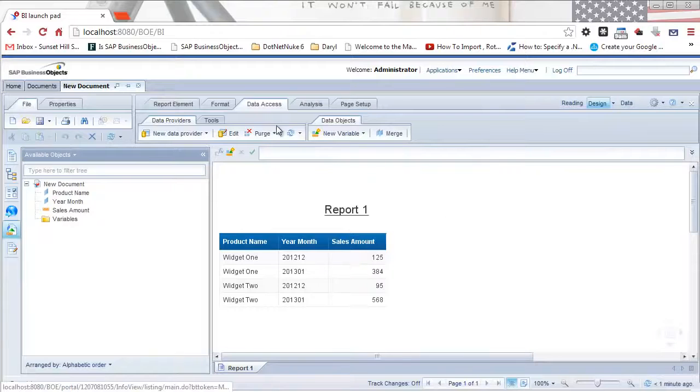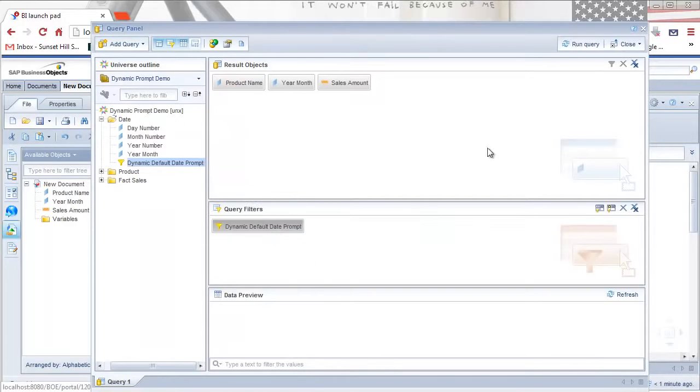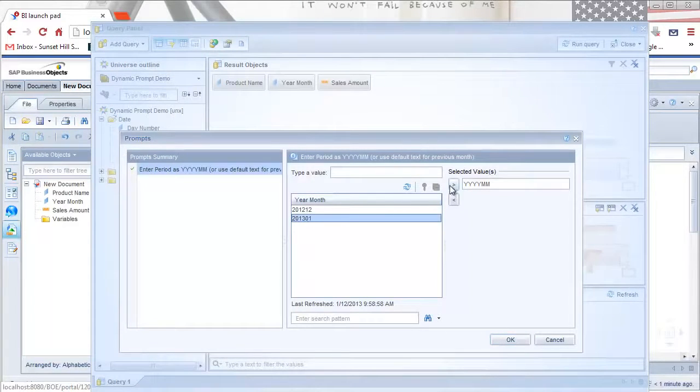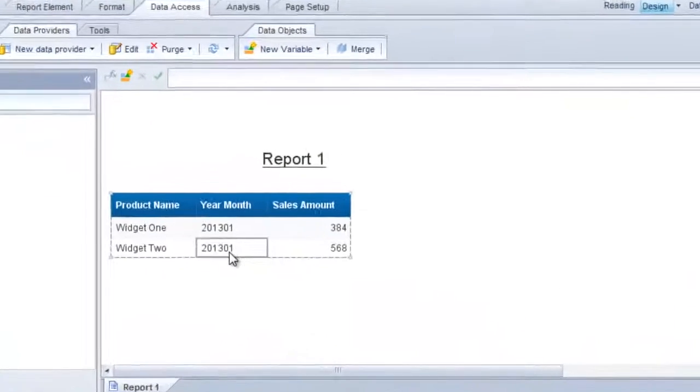Okay, so let's edit this report now. I've clicked on the Data Access tab, and we'll click on Edit for the data provider. I'm going to add this filter we created, and I'm going to run the query again. So what I'm going to do now is select January 2013. Because I've selected a value and filled in this prompt, I expect to see results from January 2013. And that is the case. We only have 2 rows